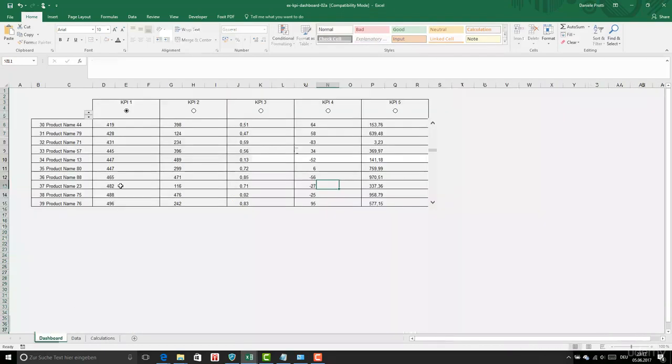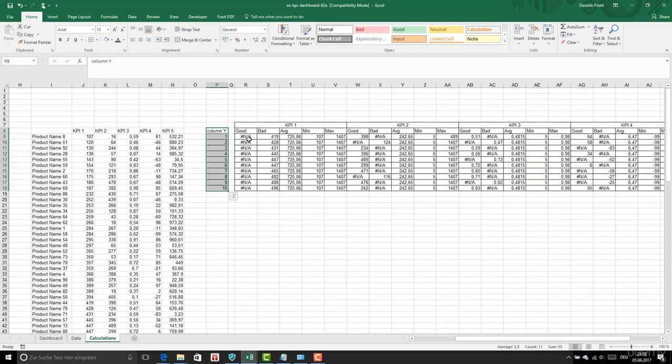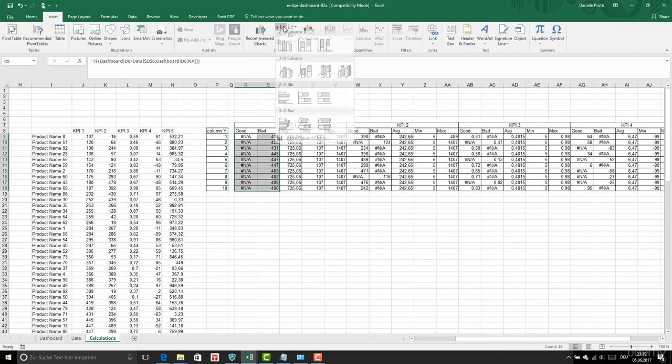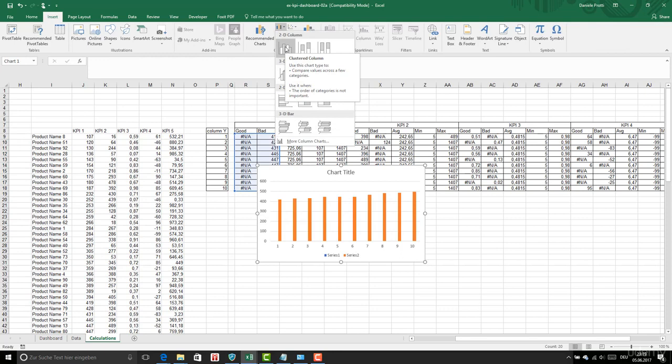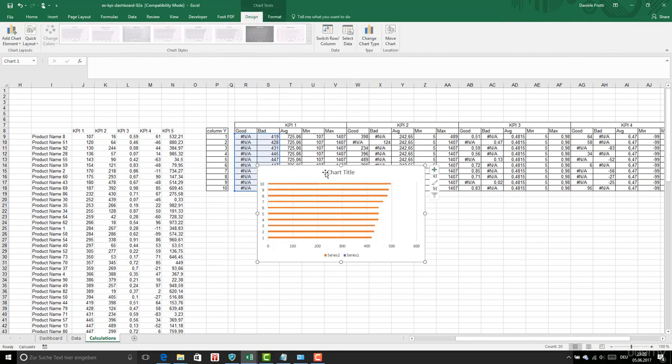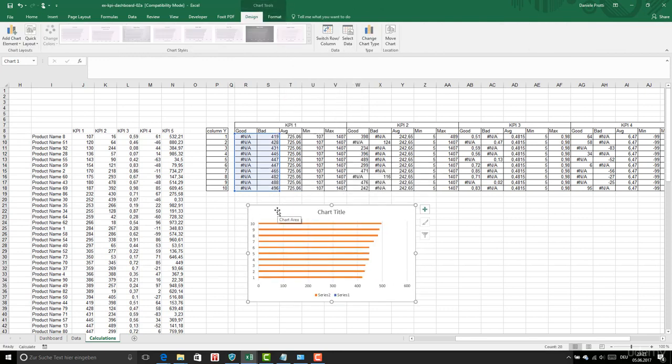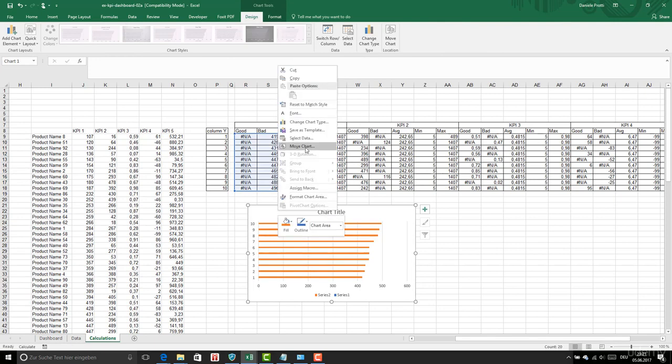Now we're going to create the following. Okay, here I will put this. Here I'm going for KPI 1. I'm going to create a table for this one. Insert, like this. Okay, then I'm going to add also